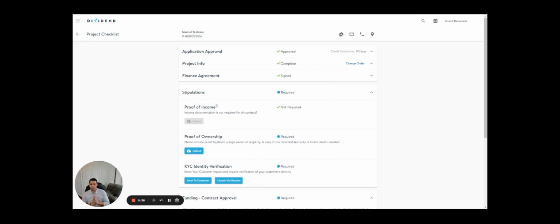So stipulations are things that can come up on projects randomly, depending on the customer, depending on DTI, depending on credit. There's a lot of different variations which can trigger one of these. So we can see on this project, proof of income is not required. But I do want to talk a little bit about proof of income, what that looks like, what we require